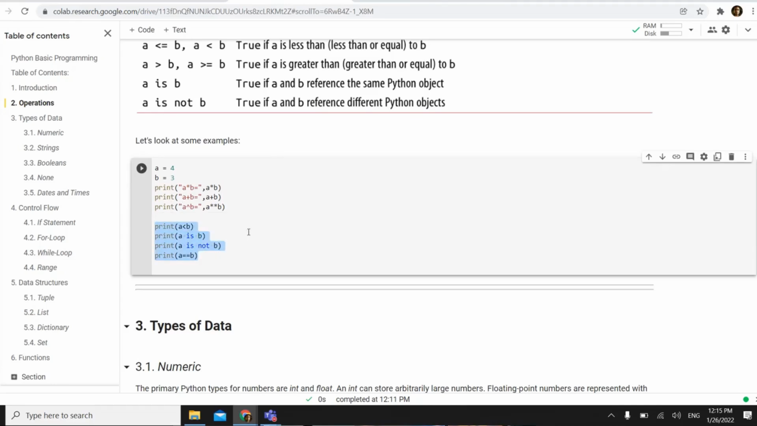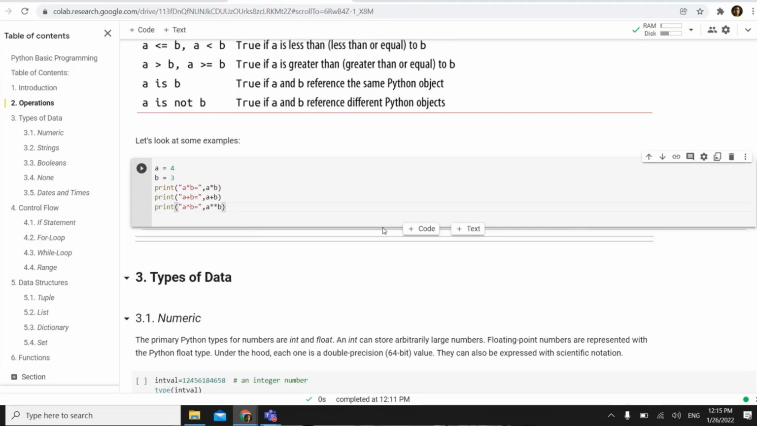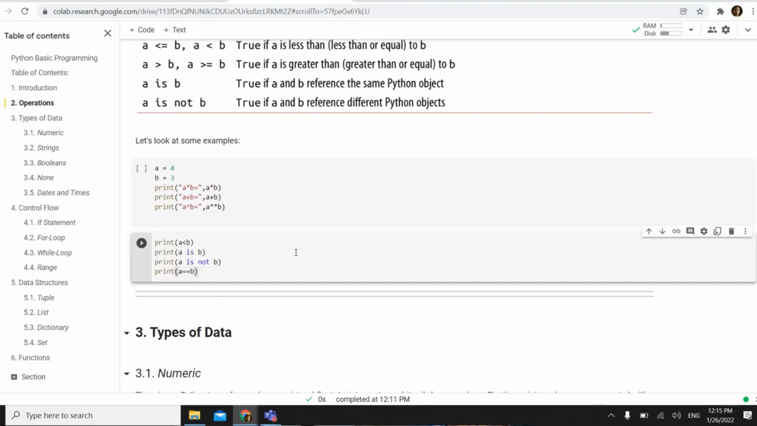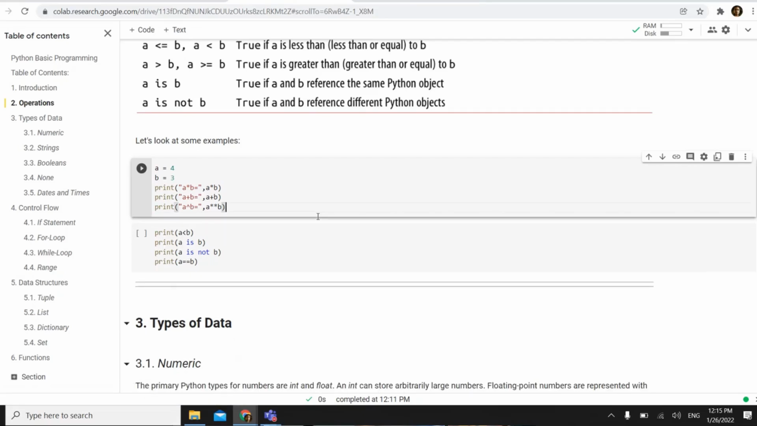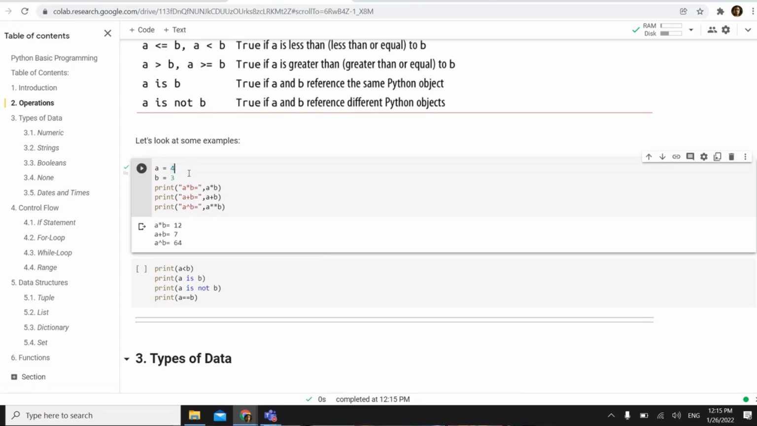I'll take this and put it in a separate code cell. Feel free to move things around in these notebooks. These are notebooks that you're going to use a lot as references. Whenever you want to code something, you can just come back to these notebooks and look at how we use the specific command. All right, so running this, I assigned A to be 4, assigned B to be 3,